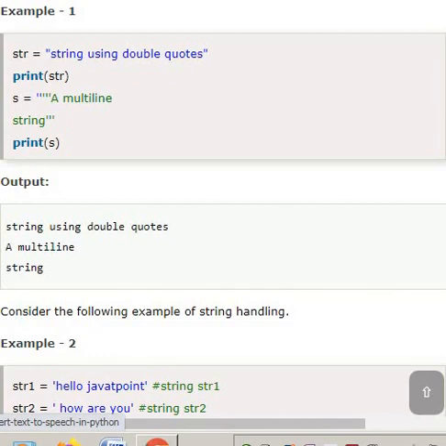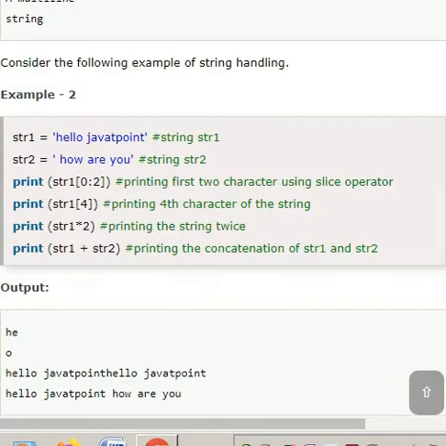And look at another example, a multi-line string. Look at example 2, str1 and str2. Look at the comments there. Look at all the print statements clearly.